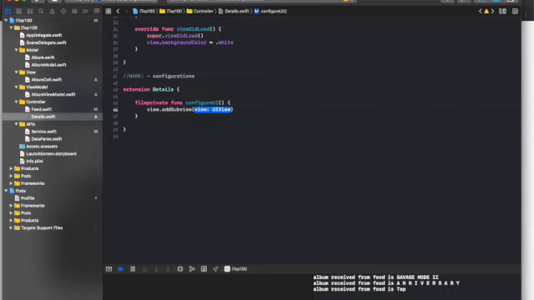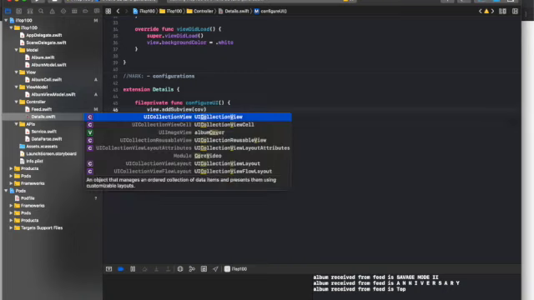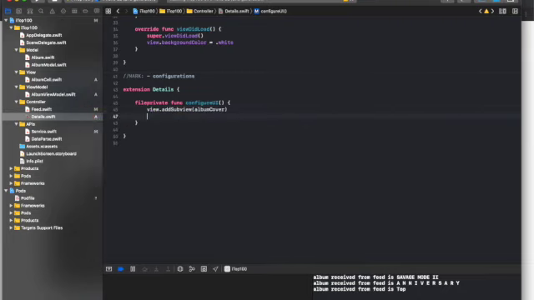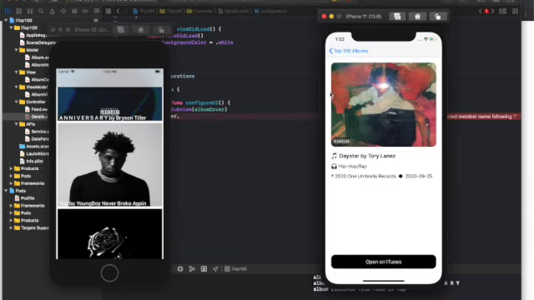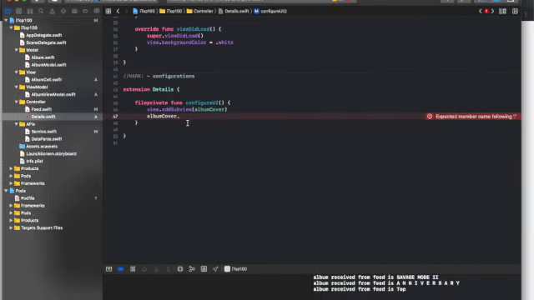View.addSubview. Guys, if you remember what I told you last time, what do you guys think I should add first? The image or the label? I should add the image first because the label will be shown on top of the image. Okay, let's add the album cover. Let's go ahead and pin it to the edges. So we're pinning here on top, left, and right, and we give it a height. We actually don't need to give it a width, we can just give it a height. So album cover dot snp dot make constraints,